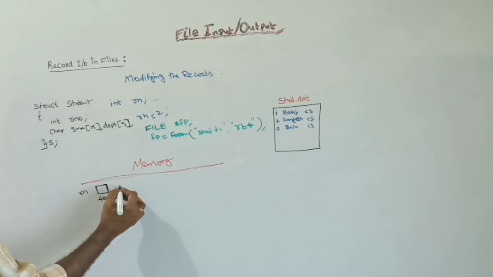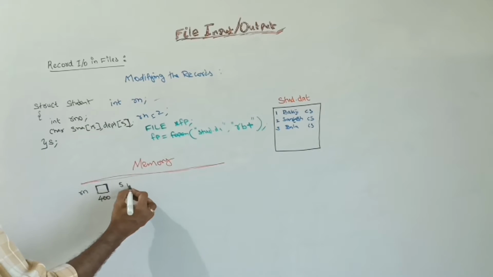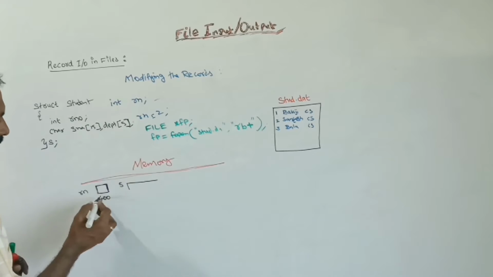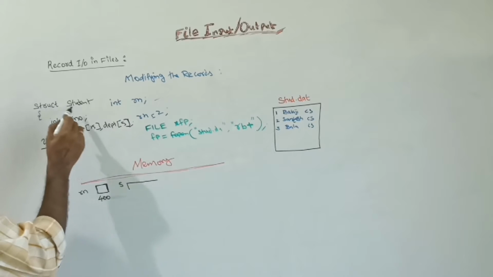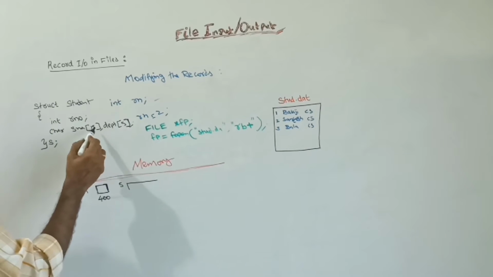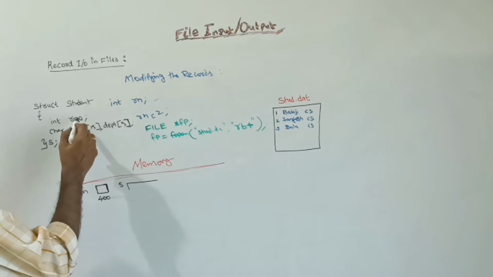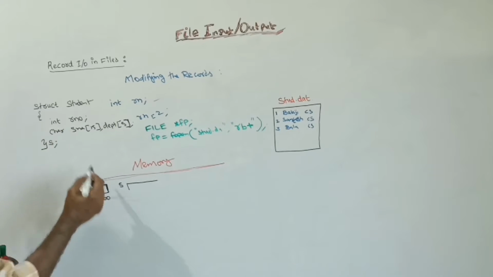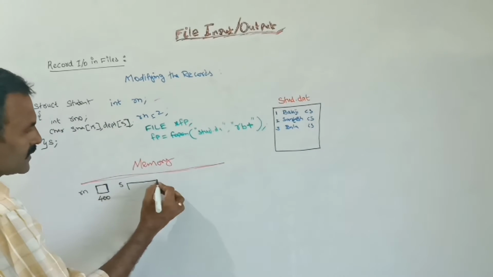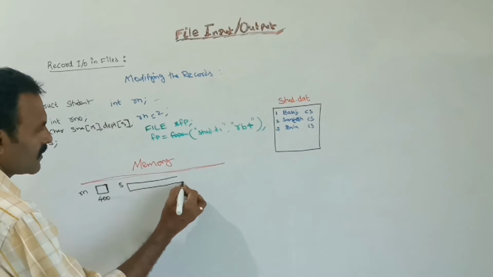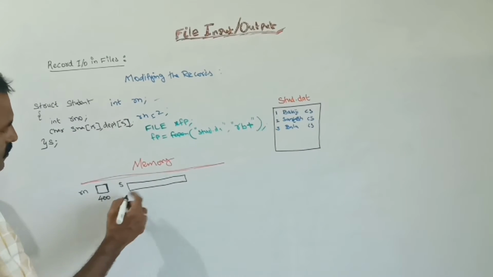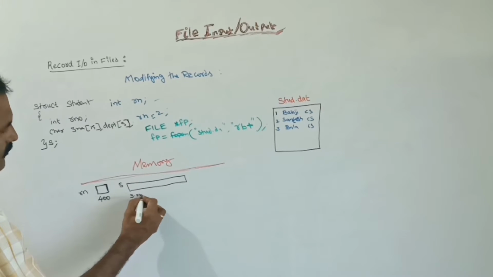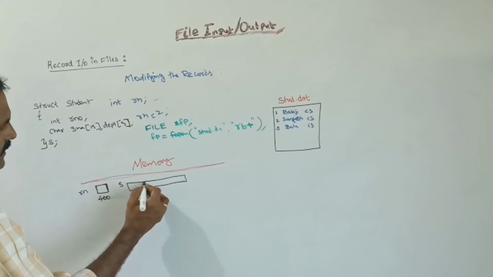So this structure variable name is S. For this, how many bytes will it allocate? For this Rn, 4 bytes, because the default size of integer is 4 bytes. For this S, it occupies 15 plus 5, 20, next plus integer data type 4, so 24 bytes. So for S, it allocates S dot RNO for this 4 bytes.